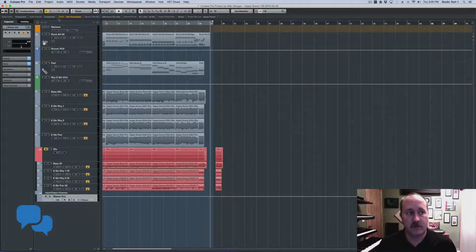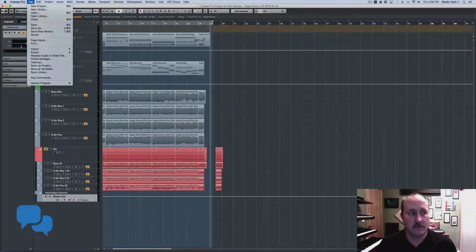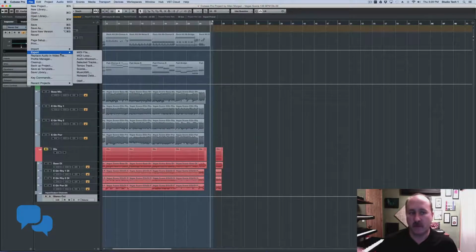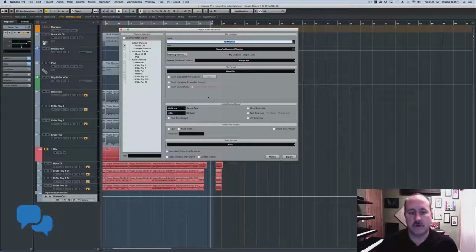Okay, our export tools are found under the File menu, and if we come down to Export, you see there are a lot of options, everything from exporting a MIDI loop down to the notepad data. And what we want for most mixdowns is going to be this option, the audio mixdown. So if we open this window and work from left to right, the very first thing that we have to